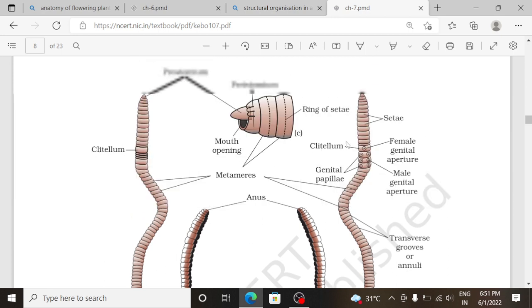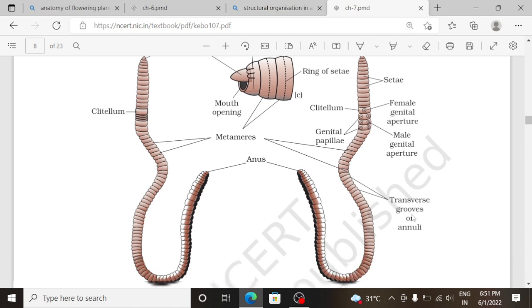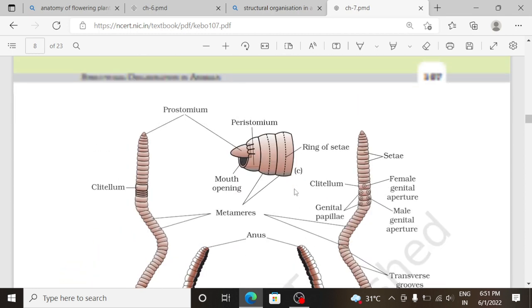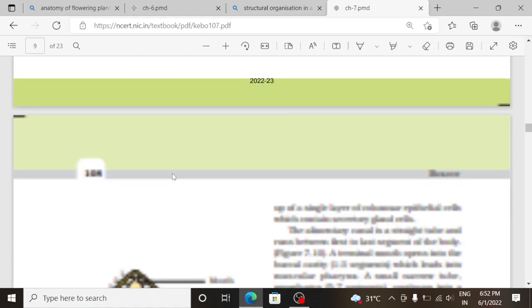In this ventral view you can see setae, female genital aperture, male genital aperture, transverse grooves or annuli, genital papillae, clitellum. And the third type is lateral view. So mouth opening, peristomium and metameres and ring of setae. Okay, the next diagram is of